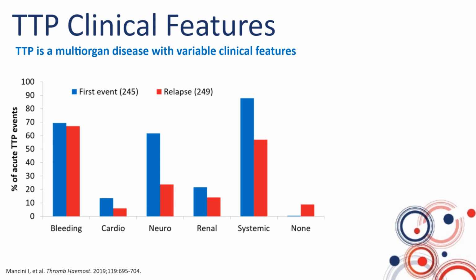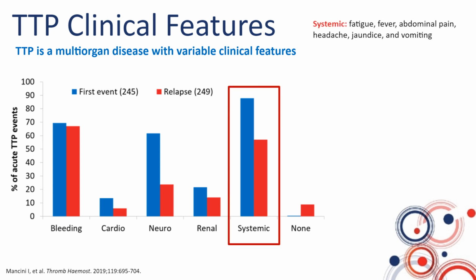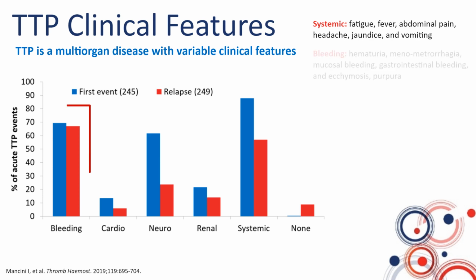So the first type of symptoms are systemic symptoms like fatigue, fever, abdominal pain, headache, vomiting, jaundice, and the patient, when it's the first time, might not even understand what's happening. It could be misdiagnosed as a simple fever, and that's the reason why the patient starts to take some of the common drugs and goes on, and later comes with more specific types of symptoms like bleeding,